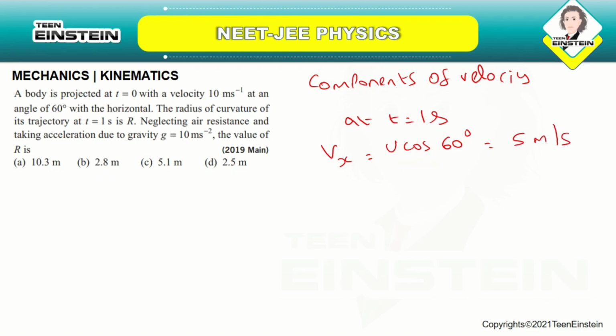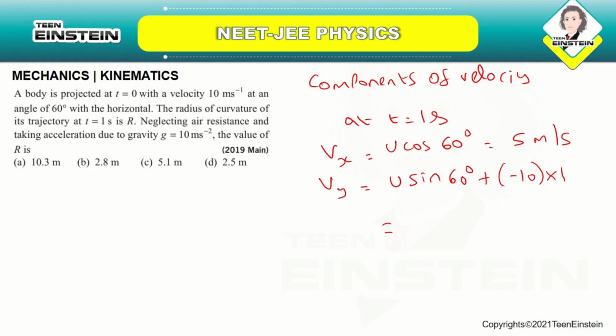Okay. And Vy is equal to u sin 60 degree minus g into 1. Okay. Since they are neglecting the air resistance and they are taking the acceleration due to gravity as g equal to 10, you are substituting that. So if you solve this, you will be getting it as